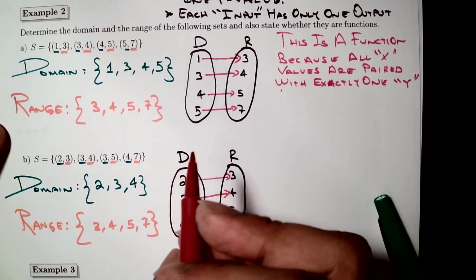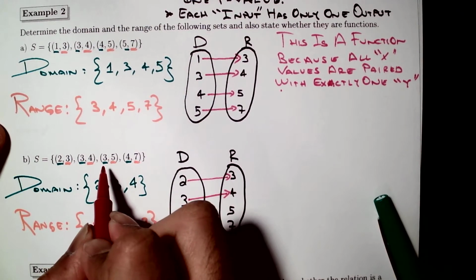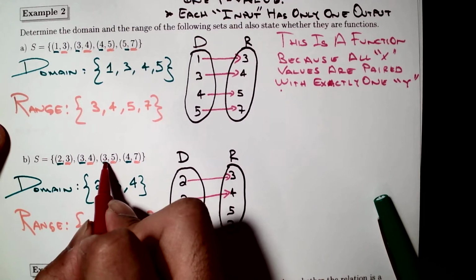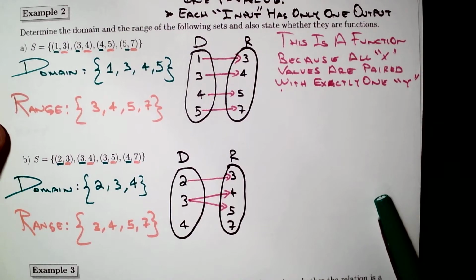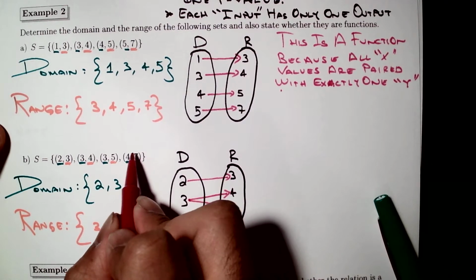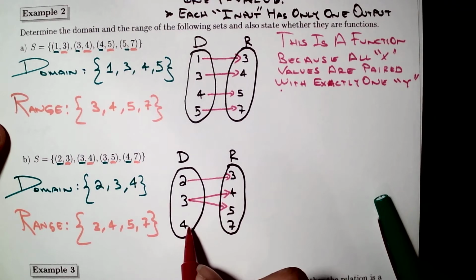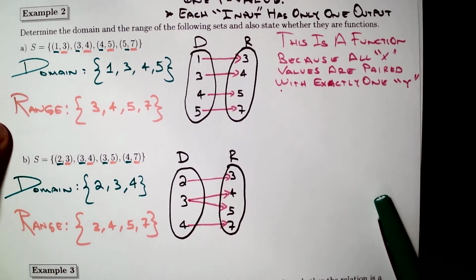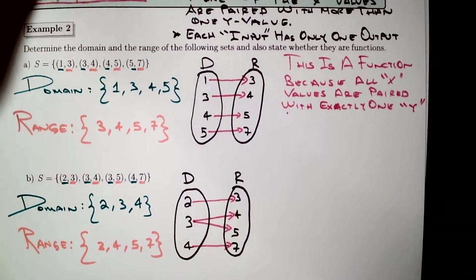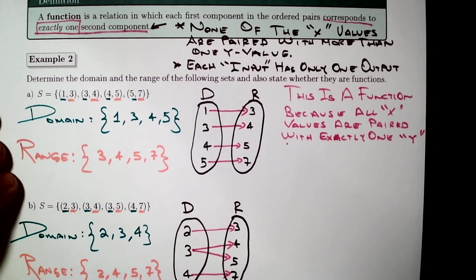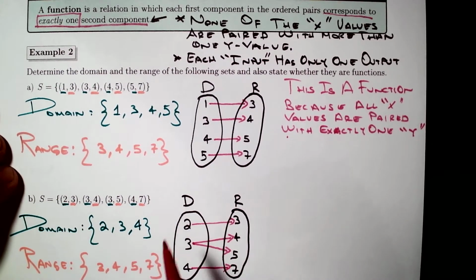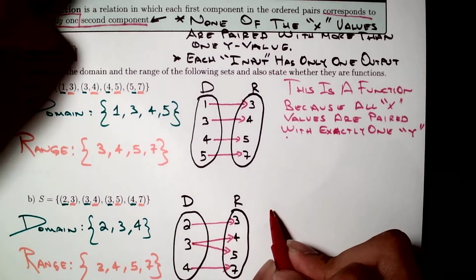The third ordered pair is likewise denoting the correspondence between the x value of 3 and the y value of 5. And finally, the last ordered pair is denoting a correspondence between the x value of 4 and the y value of 7. So in this case, do we have a function in here? Well, in this case, it's not. In particular, the number 3 is violating the definition of a function, because in this case, well, so this relation,